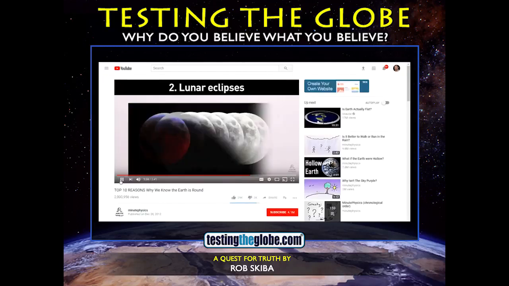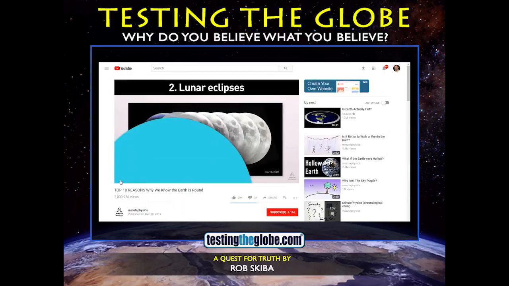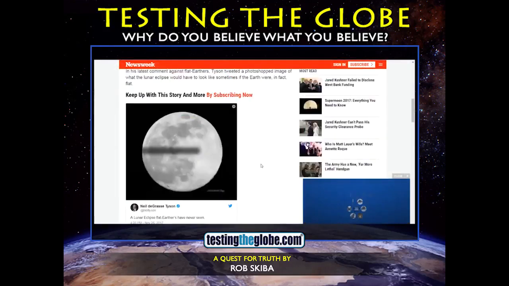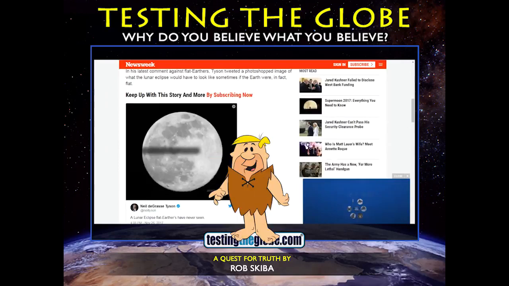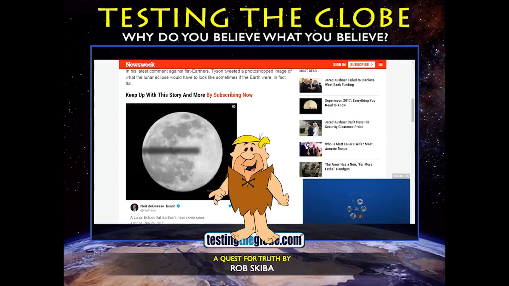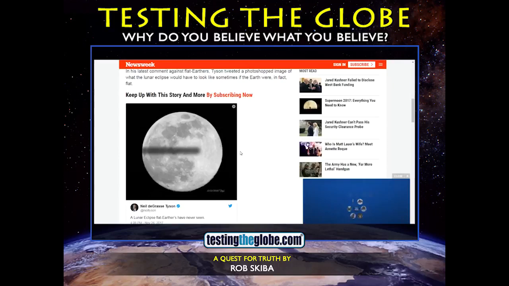Number 2. During a lunar eclipse, the shadow of the Earth on the moon is curved. Okay, the shadow on the moon is curved. Well, Neil deGrasse Tyson, in all of his wisdom, puts out a tweet like this, right? "A lunar eclipse flat earthers have never seen." While that may be a really lame Flintstone level attempt at humor, I don't know any flat earthers who would